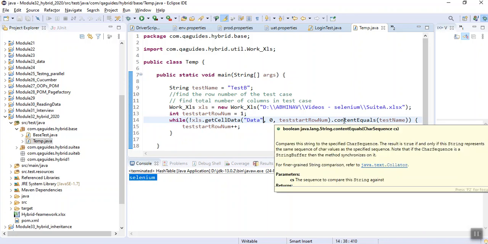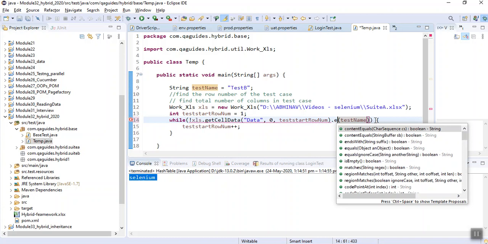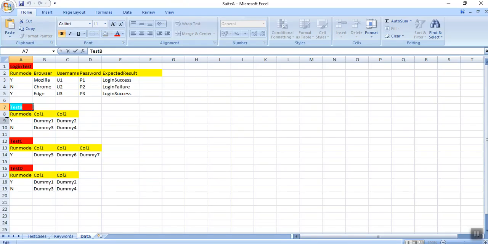If the string we get is equal to the test name, what is our test name, test b, then it will increase the row. So slowly it will come here. Getting the things? Fine.